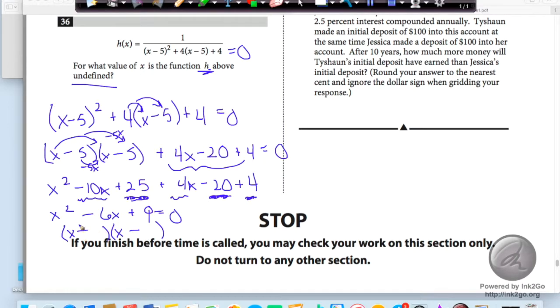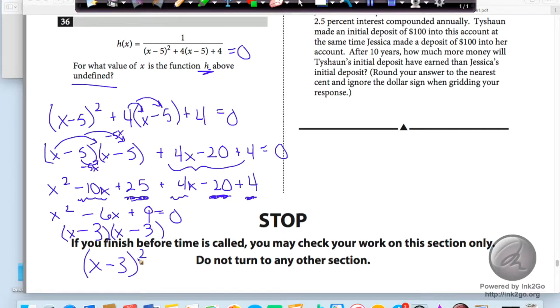If this negative is multiplied by that negative in order to get the positive, that means that this is most likely 3 and this is most likely 3, because it has to be this number multiplied by that number in order to give you a positive number. So I'm going to have x minus 3, and you can tell that this is going to be x minus 3